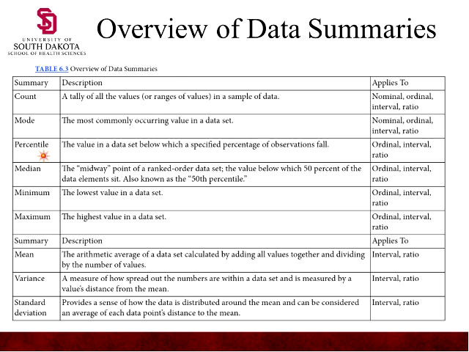Percentile is the value of a data set below which a specified percentage of observations fall. If you look at 20 results and you identify the bottom 25%, the next 25%, the third 25%, and the fourth 25%, those would give you the percentiles, so to speak. So you can say, for instance, you fall in the 15th percentile. The median is the midway point of a ranked-order data set, the value for which 50% of the data elements fall below, also known as the 50th percentile.